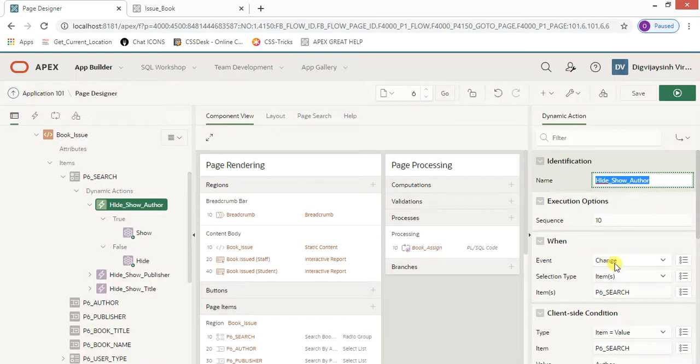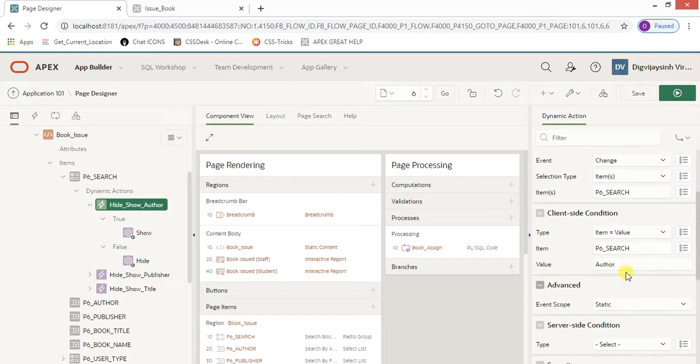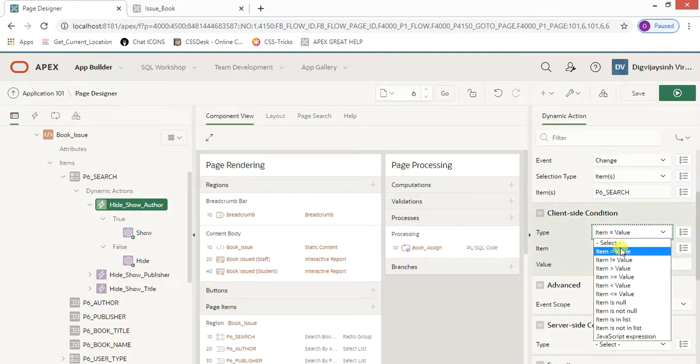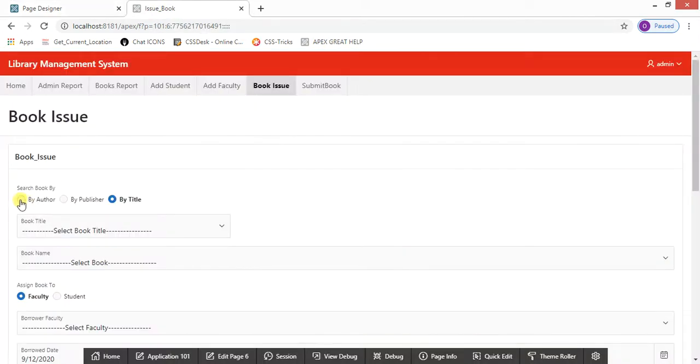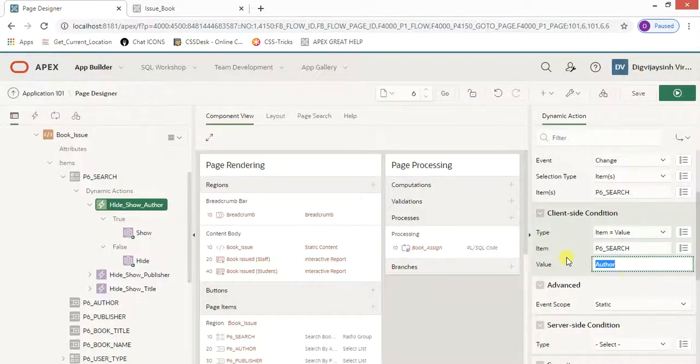Whenever the search is changed, then if that item value is equal to author. Why are we specifying this author?